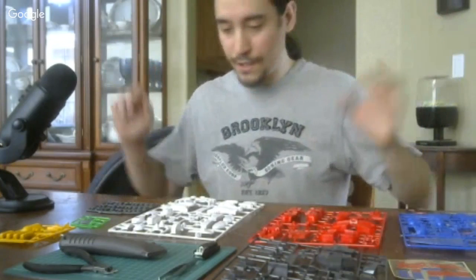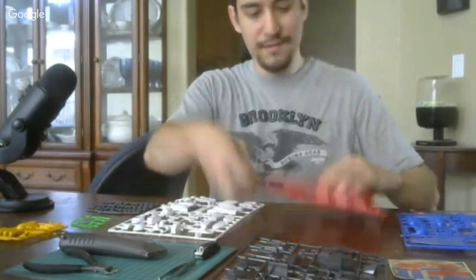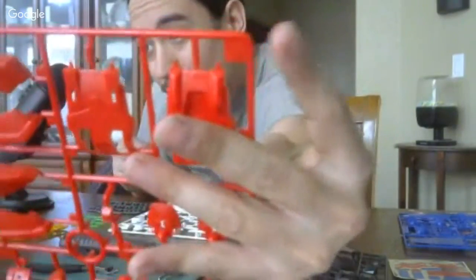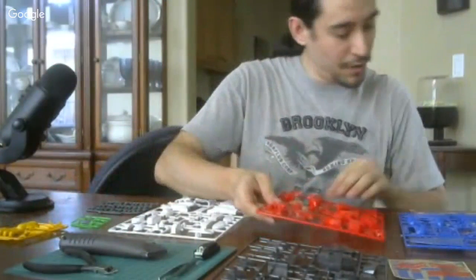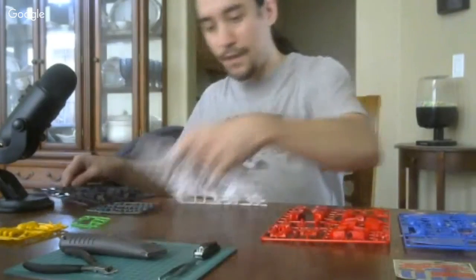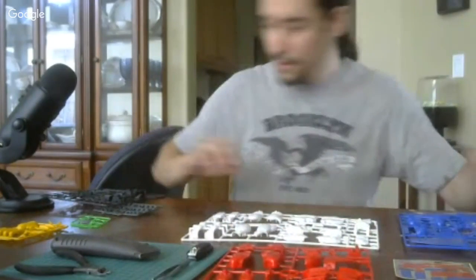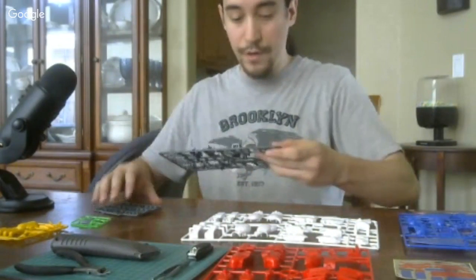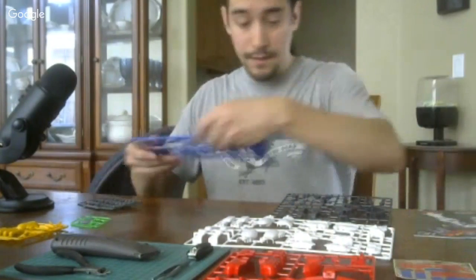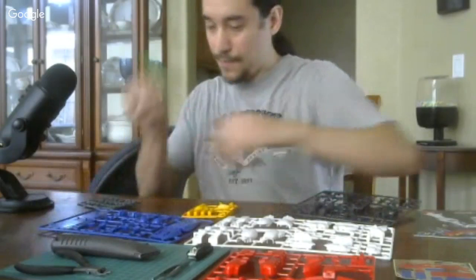Anyway, so first things first. I like to separate my trees according to the alphabet, because if you look here in the corner, you probably can't see it, but there's a letter A right there. That helps with figuring out which trees are where as far as building. So we've got A here, B here. Let's move that there. Where's C at? It's only like 3 trees, so it's not exactly going to be hard to organize all this. C, D, E, and then you've got F,